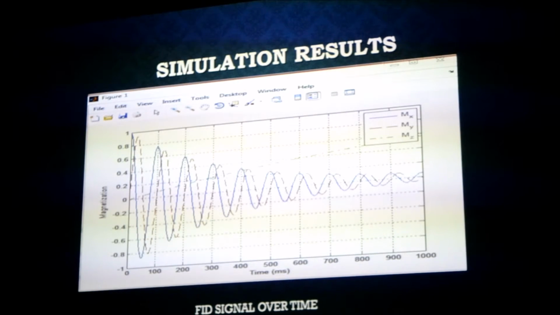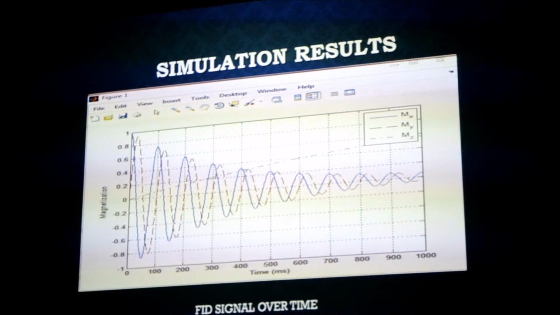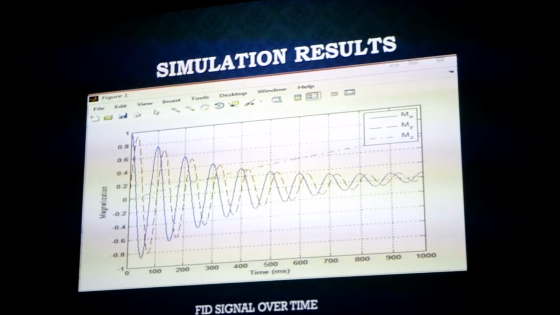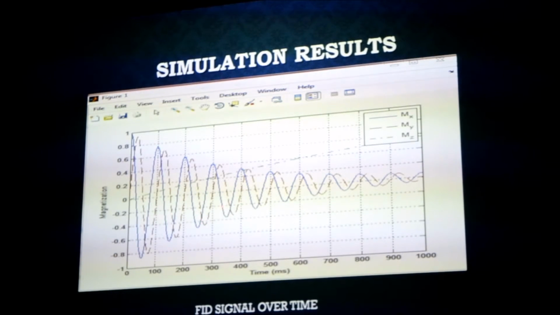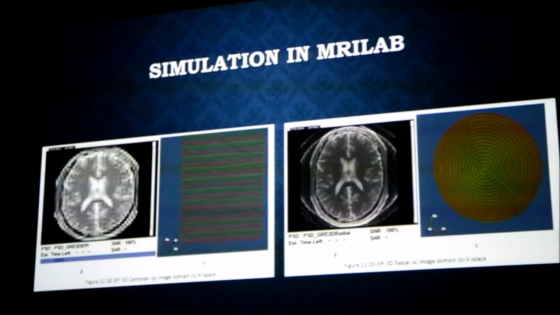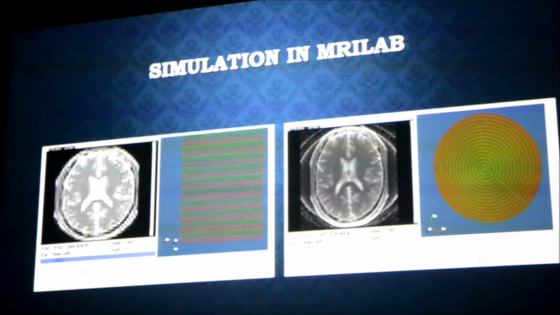So for my project, I simulated the Bloch equation, and I observed the Mxy decay, or the T2 star decay here, and the longitudinal component is recovering. And I simulated the EPI, I applied the EPI pulse sequence, and I simulated the brain imaging method using MRI lab software.